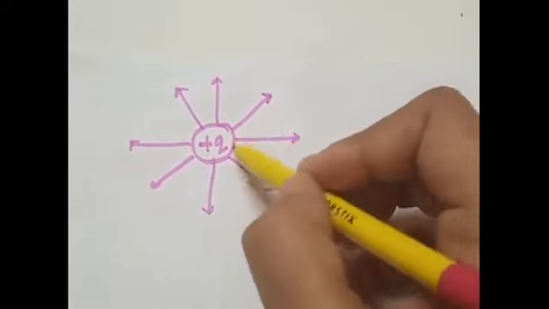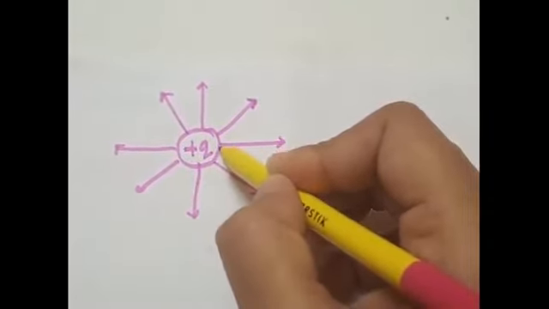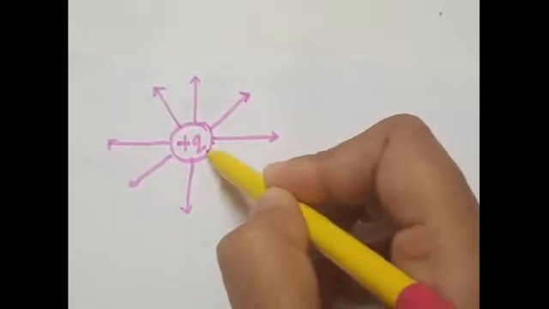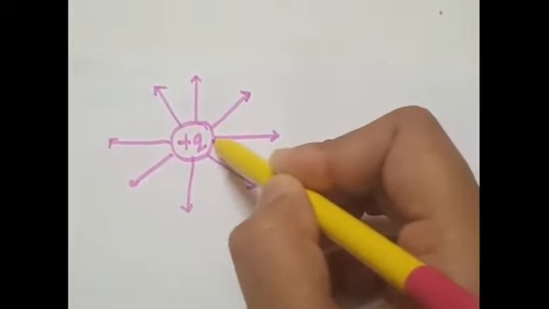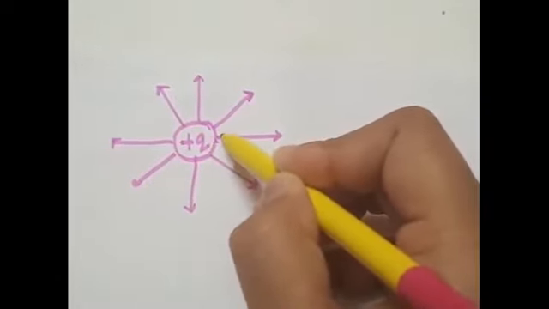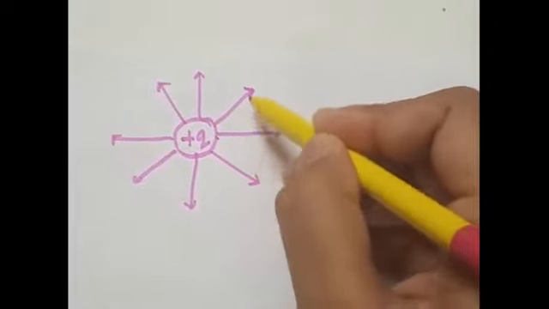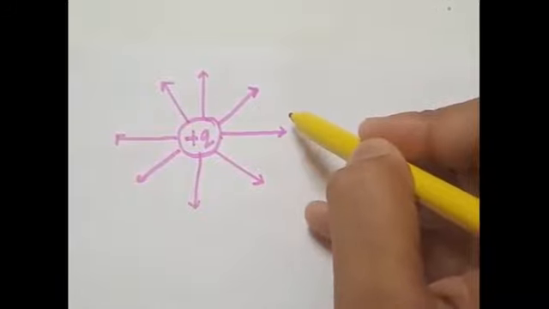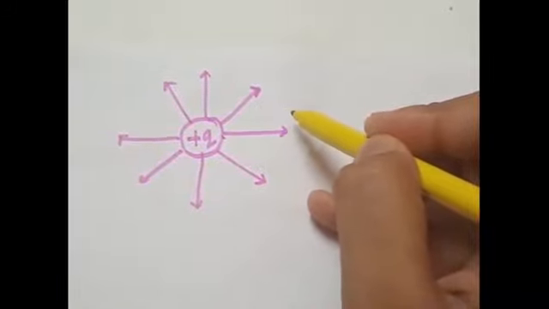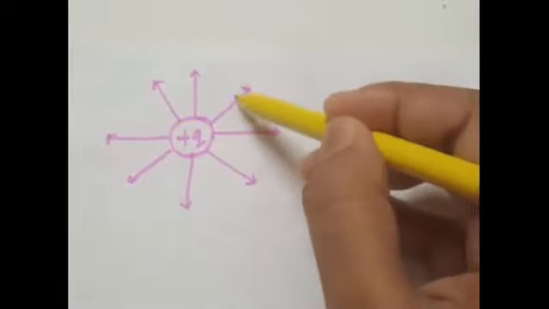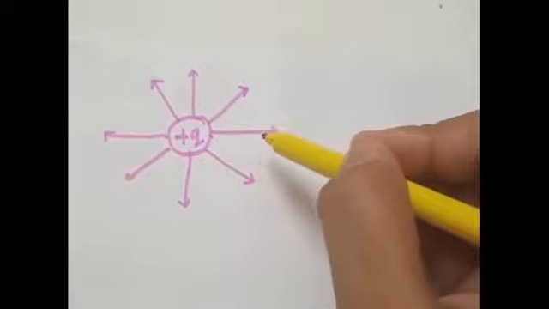For example, when they originate from the charged particle, the distance between them is less. But as the electric field lines are originating from the same charge, as they move ahead in space, they will feel a force of repulsion. Now the space is available, so they will repel each other and the distance between them will increase. So this is how a positive charge creates a region around it, or electric field around it.